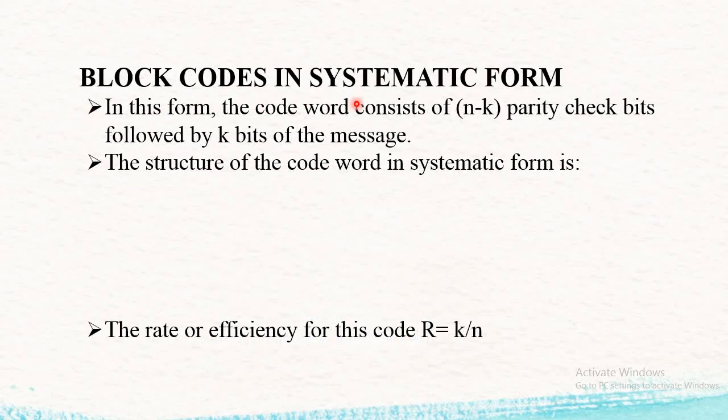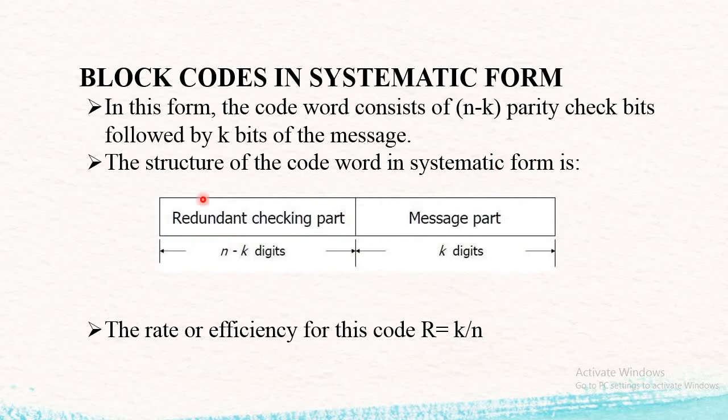Next is a block code in systematic form. So this is a representation of a block code in systematic form. What does a block code consist of? As we have already discussed, a block code is made up of two terms. The first is the complete size of that particular code, given by n, and k indicates the message size. Here k digits indicate the message part, and the complete size is n. So n minus k is the number of redundant bits, or check bits, which we are adding in a block code. This complete unit forms a code word of an LBC, where one part indicates the message bits and the second part indicates the redundancy check bits.